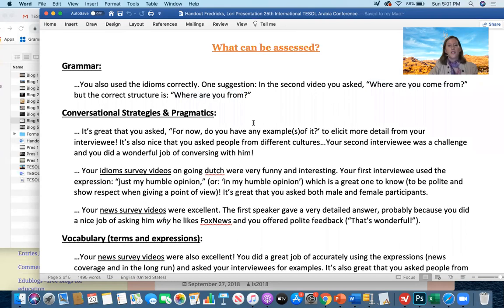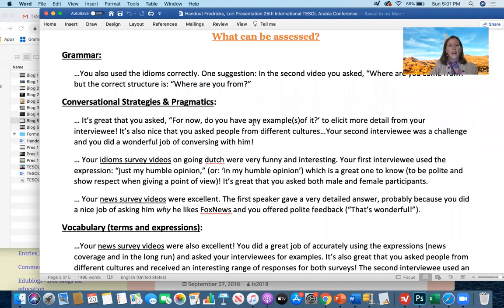You could consider conversational strategies and pragmatics. I often wanted to give positive feedback about the things that they were collecting as they surveyed people, because people, especially faculty and other people they talked to, gave them new expressions that were relevant and related. So for instance, someone had the expression "in my humble opinion." And so I explained, oh, that's a great expression to use. Notice how the person you surveyed uses it, and so on.